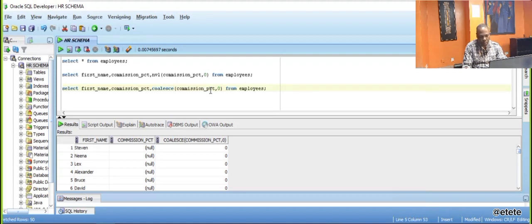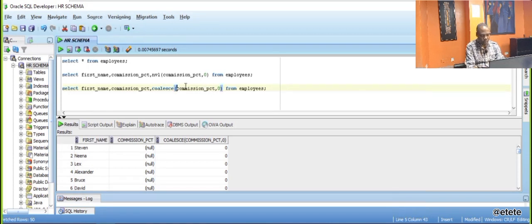So that commission plus this monthly salary will give you the salary review for that employee. Now, let's assume that the company decides that we want to add 2,000 naira to any employee who does not have commission. They can use this COALESCE. So what would they do? In this place now, all they will do is